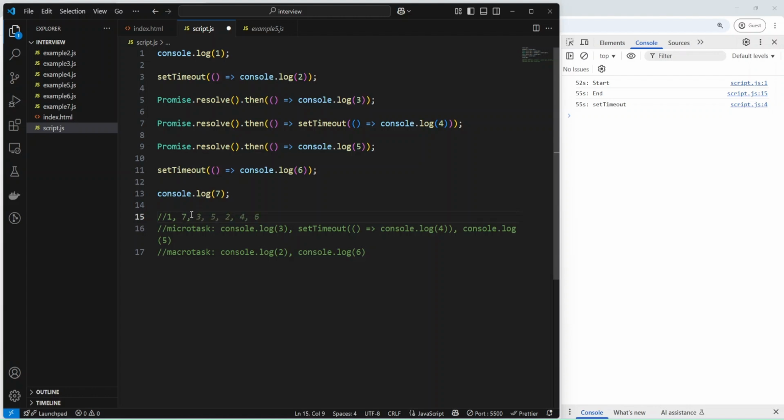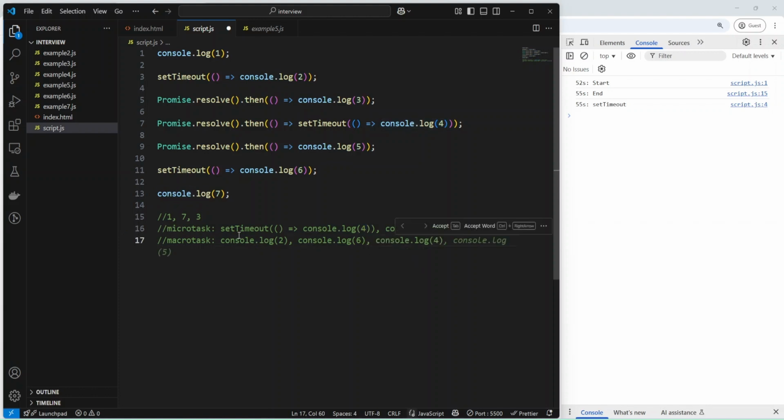Okay, and now our event loop will go to the microtask queue and start executing this console log 3, and then we can remove this task, and then it will execute set timeout, and we'll add console log 4 to the macro task queue, and we can remove this, and then we'll have console log 5.